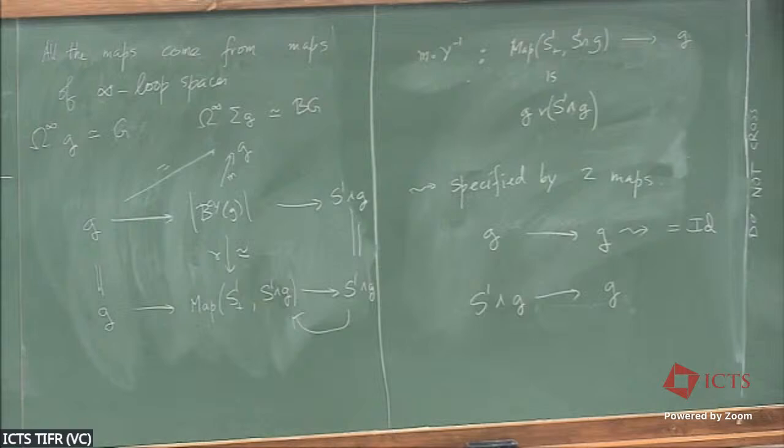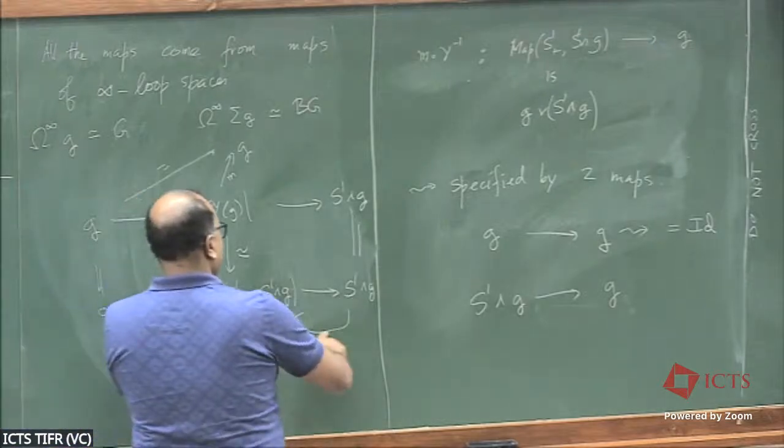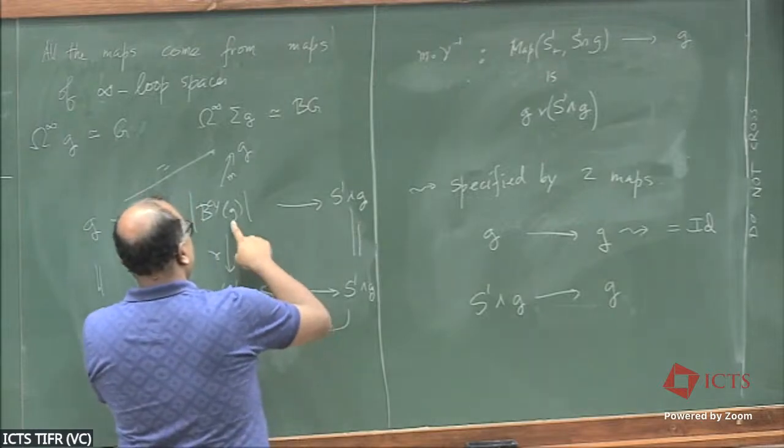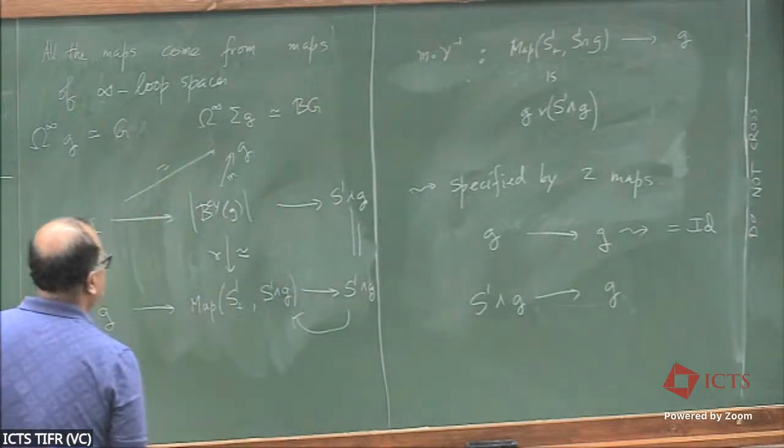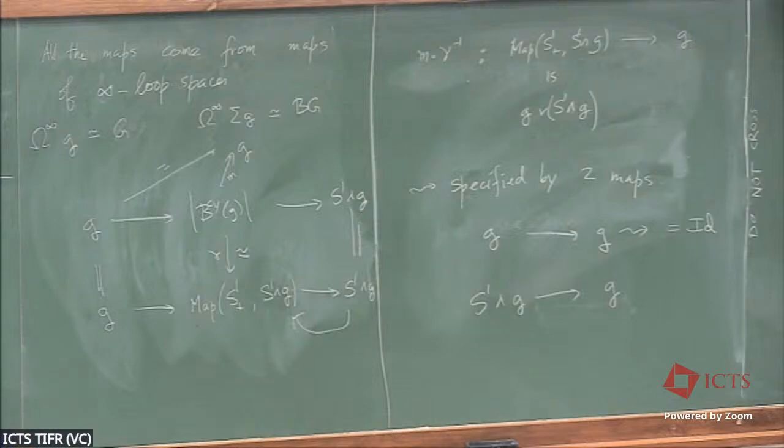So the only thing that is to be figured out is the other map, where you go like this, you apply gamma inverse and then you follow it by M. That's the only thing that has to be figured out. So you have to figure out the following map